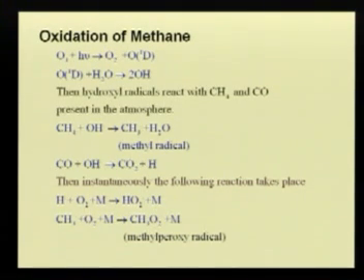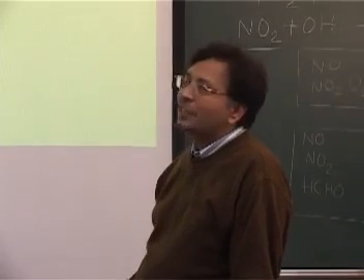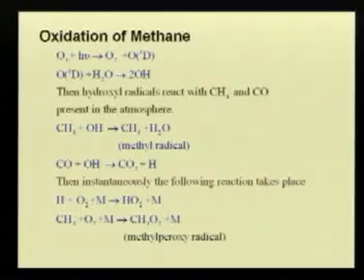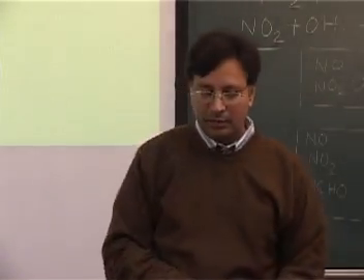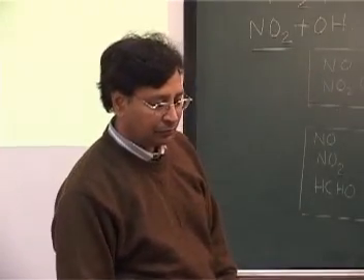It can react with oxygen and make CH3O2 radical, which is a methyl peroxy radical. Now we have to see what this methyl peroxy radical can do, because methane is in plenty, and this can also produce CH3O2 radical. There's a little dot that you see here, and then the chemistry of the methyl peroxy radical is